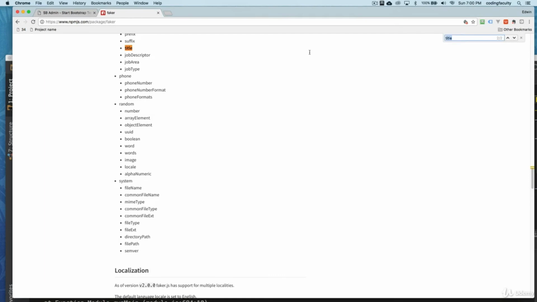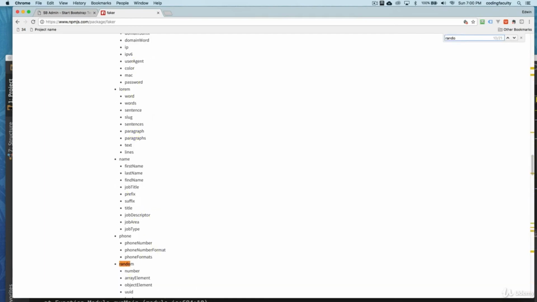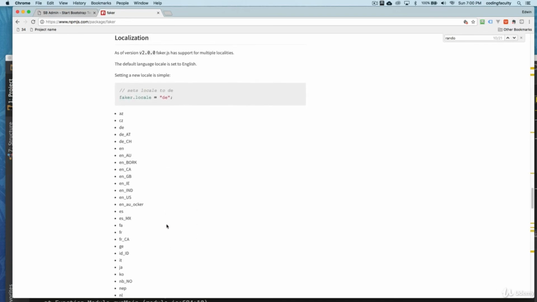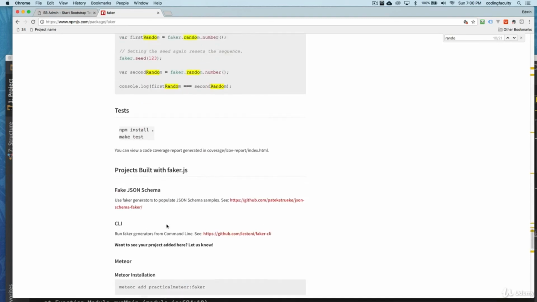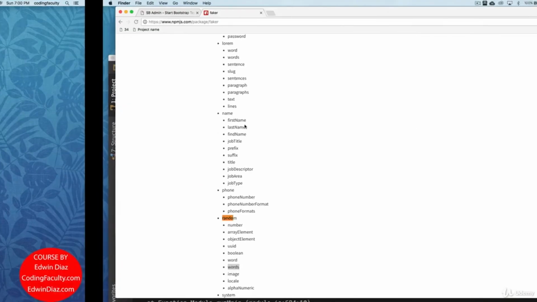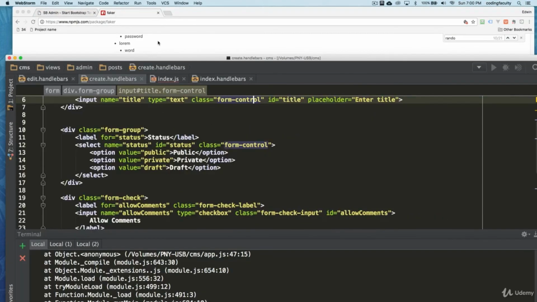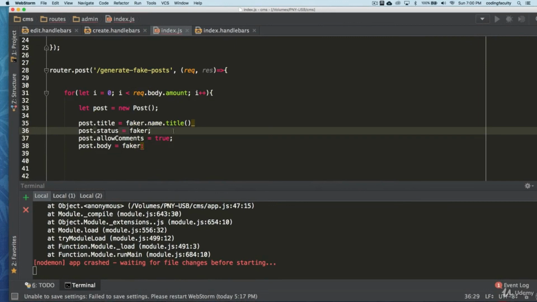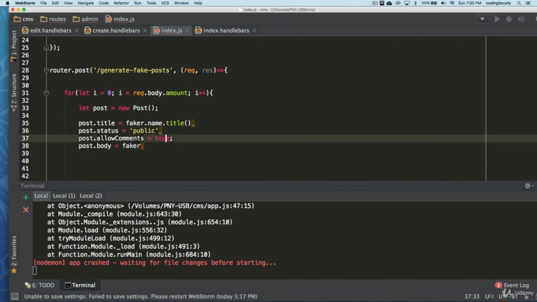I think there is a method called random, and you can use random words right here, but I never have used it yet, so I need to look that up. But there are other helpers that you can use here. Anyway, I'm just going to make them all public because I want to show them on the front page, so I really don't care about that. I wanted to show you how this is done though, how we can make so much fake data.